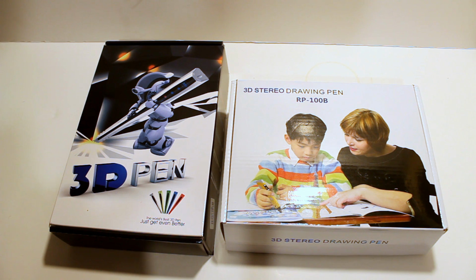Got some little 3D printer pens here that I'm going to have a quick look at, give them a bit of a review, talk a little bit about a comparison between them, and then give you a little brief user guide on how to work them. So these have been got for the college students to use. We've given them to have a go with. Some of them got on alright, some of them have been a bit miffed about how you actually manage to